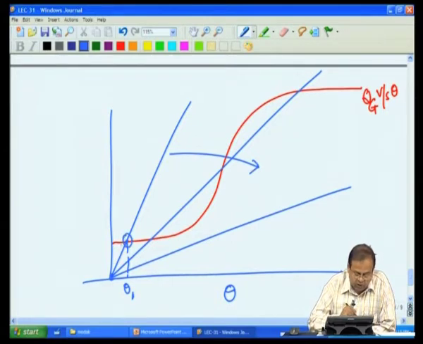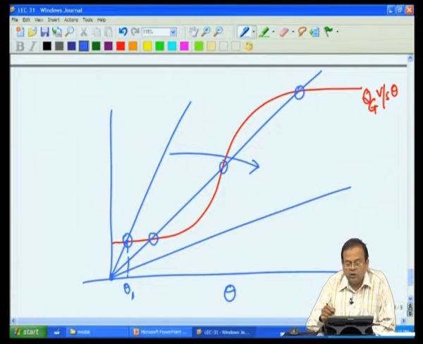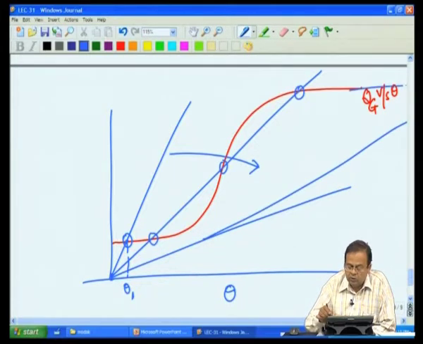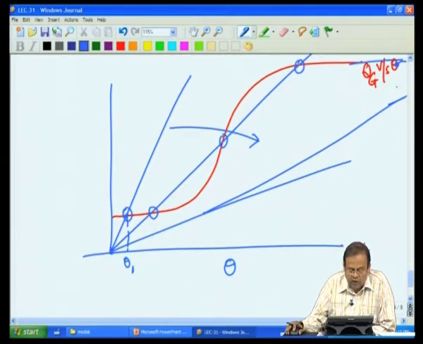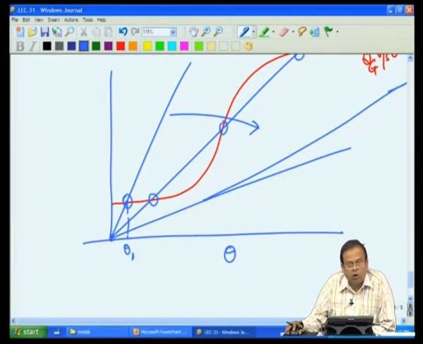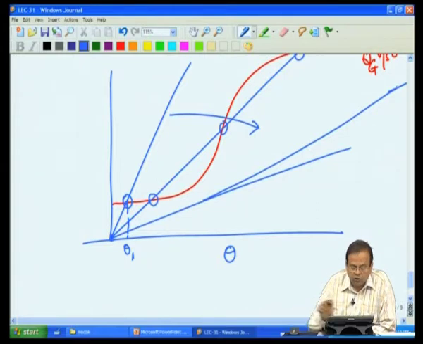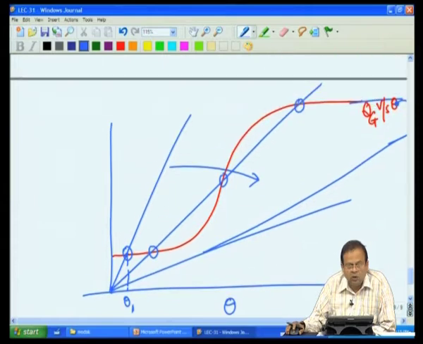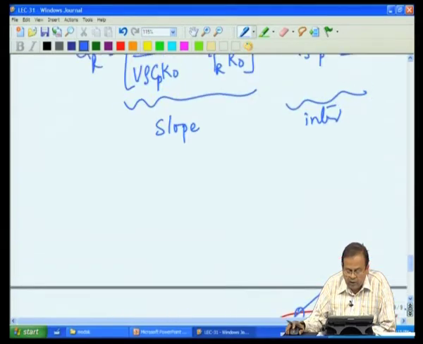We have one steady state and then we have the possibility of three steady states, and otherwise of course, there will be only one steady state somewhere intersecting beyond this line. Or in other words, let us say we plot, suppose we are changing this, we are carrying out an adiabatic reaction.